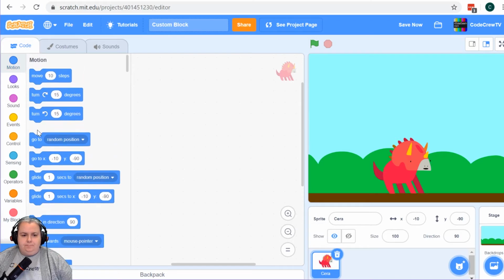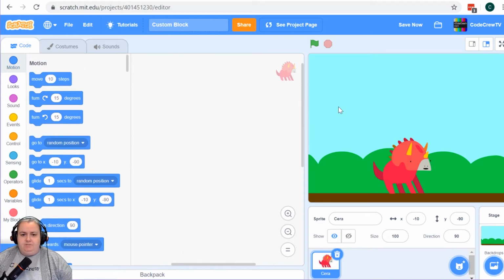So what I've done is I've just created a new project here. And I replaced Scratch the Cat with our friend Sara. And I chose a basic backdrop. I think this one's called Blue Sky. So that we can teach Sara how to do some things. So right now we've got Sara. Let's put her right in the center,